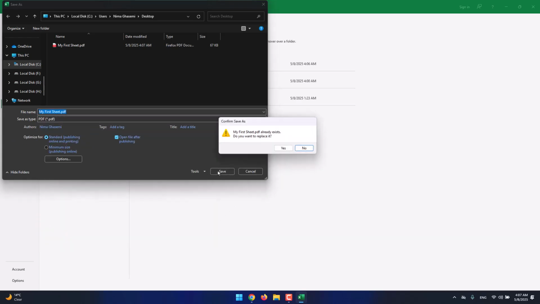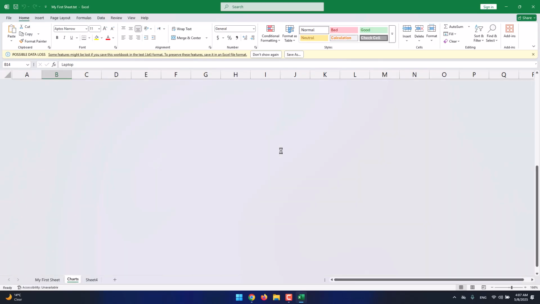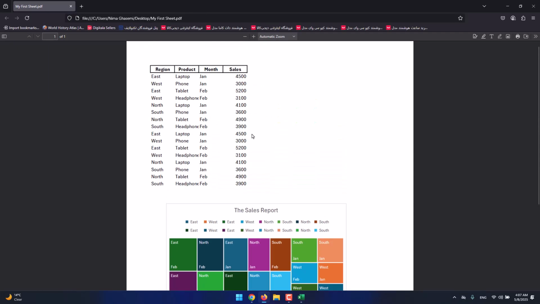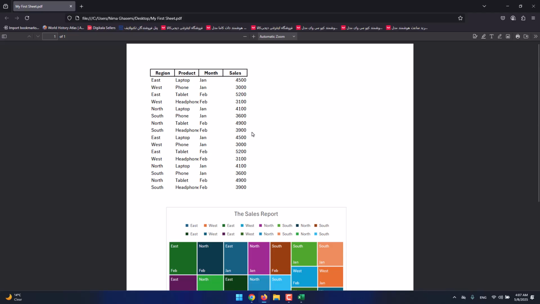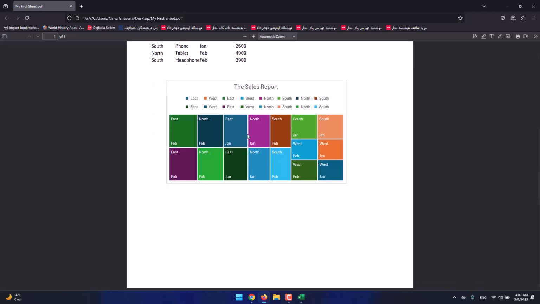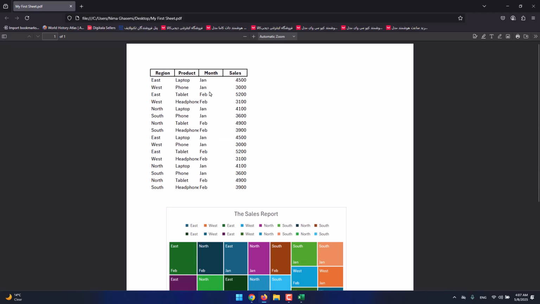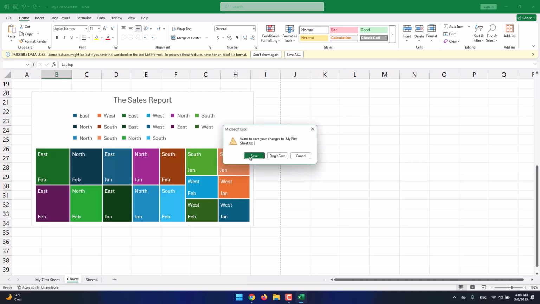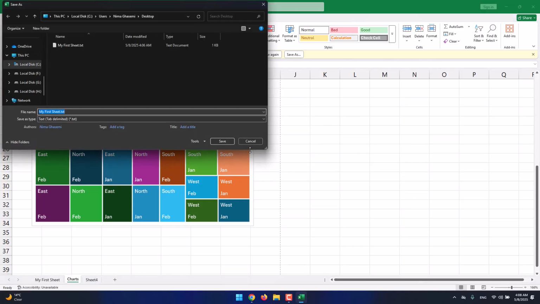So this PDF exporting option will only be about the sheet that you are currently in. So this will only export the sheet that you are inside. And as you see, we will be able to convert our Excel project into PDFs as well. That's basically it. That's all that we have